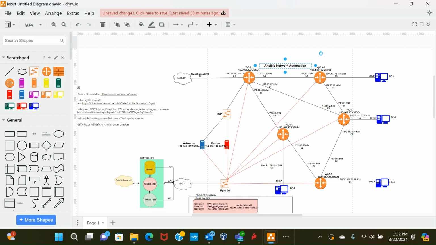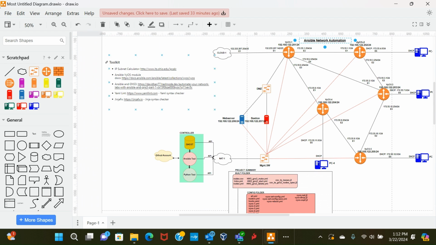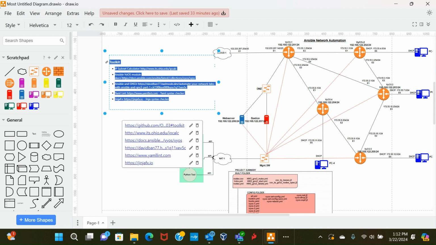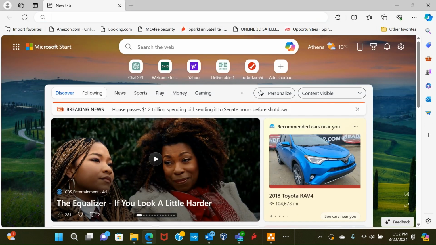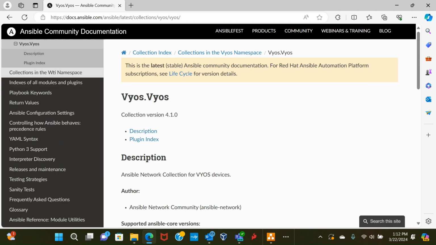And we are going to use Python scripts as well as Ansible comes with lots of playbooks. We will be looking at all those kind of stuff and how to do this kind of automation. So the general idea is our traditional way of configuring nodes. We want to automate it, and that is the goal of this project. I will start by making a couple of references. If you want to have more ideas about Ansible, you could check this link which I'm also going to post in my video. Then you can also check that to give you full documentation of how to do network automation using Ansible.